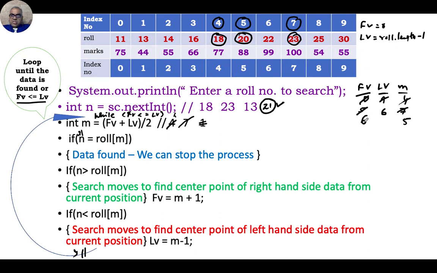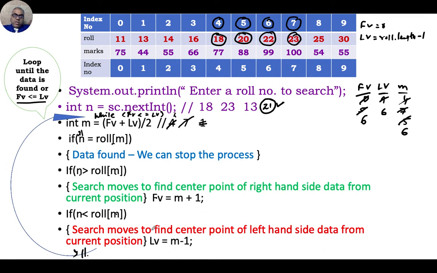You can see now the situation has come where both of them are in the center over here. They are the same. Now after this, control will be taken here. This will be false, of course. So we come here, of course 6 and 6. 6 less than or equal to 6 is a true statement. So the computer will find 6 plus 6 divided by 2, which is also 6. Now 21 is equal to roll of 6. 21 is equal to 22, false. 21 greater than 22, false. 21 lesser than 22, true.